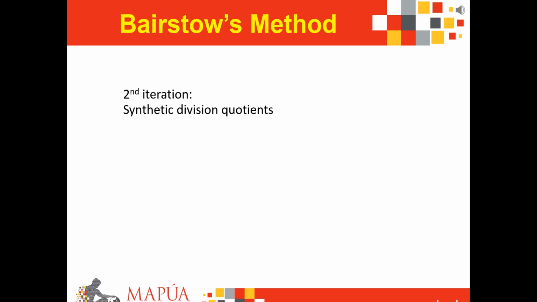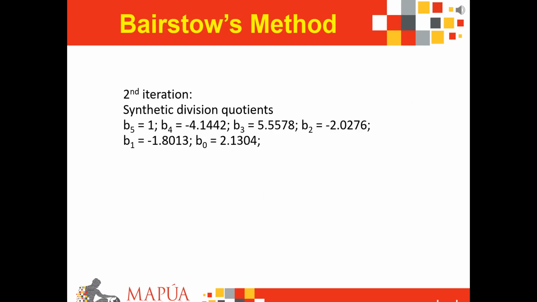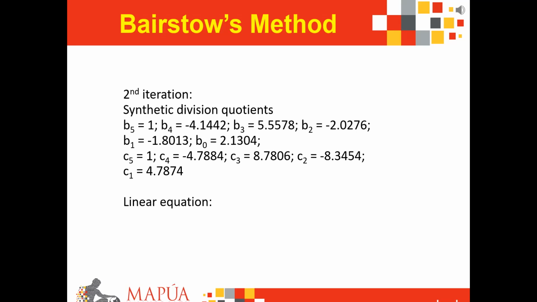Repeating then, the synthetic division gives us a quotient B5 equal to 1, a B4 of negative 4.1442, a B3 of 5.5578, a B2 of negative 2.0276, a B1 of negative 1.8013, and a B0 of 2.1304. While subjecting that to your second level quotient gives us a C5 of 1, a C4 of negative 4.7884, a C3 of 8.7806, a C2 of negative 8.3454, and a C1 of 4.7874, which leads us to a linear